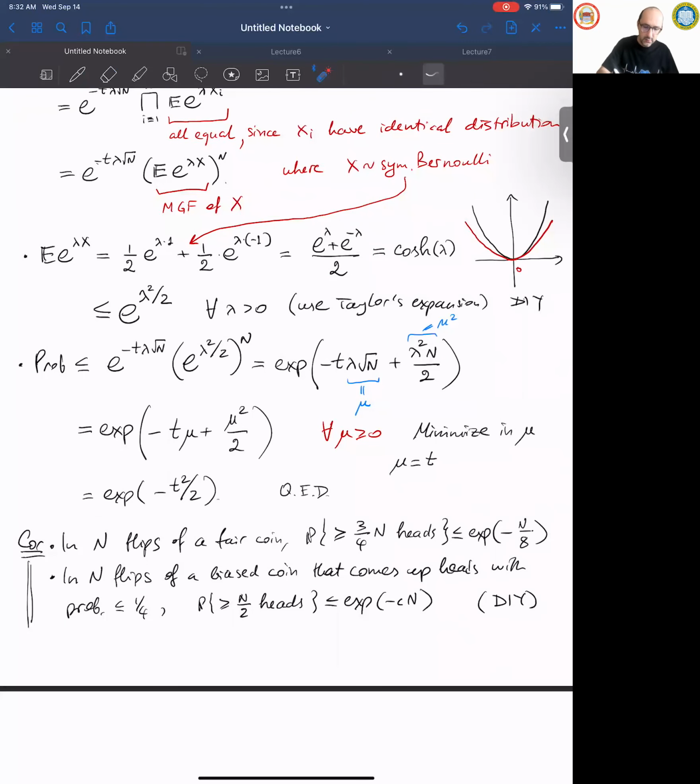So again, the real point here is that these probabilities are super tiny, so we're very confident. It's not just unlikely that you will see this big discrepancy between heads and tails, it is exponentially unlikely. So unlikely that you'll not be able to see it in your lifetime. And that is given by Hoeffding's inequality. This is our first tool, a sharp tool that we would need in the high dimensional world soon. Questions? Good.